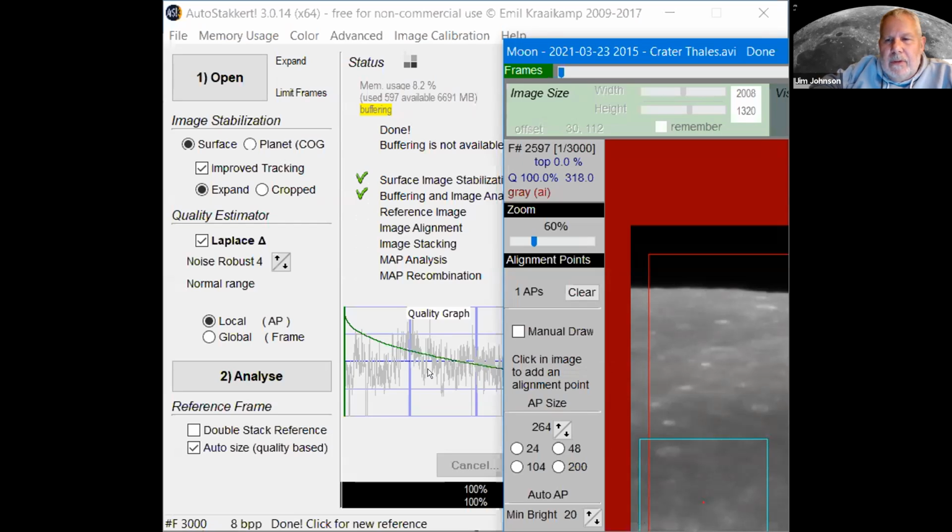I do remember somewhere along the way learning that AutoStacker is better. A lot of people will use AutoStacker to actually stack and then go to Registax for noise reduction and sharpening. I think the sharpening that AutoStacker does is just fine.